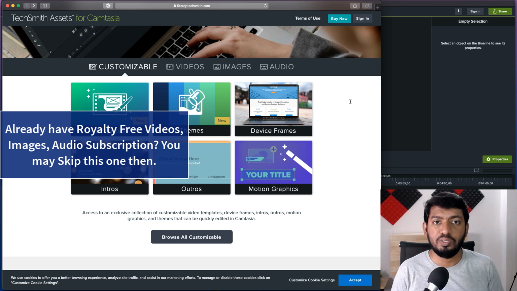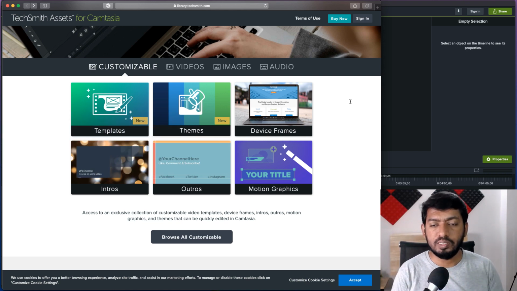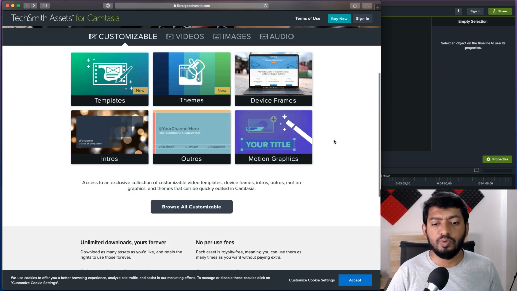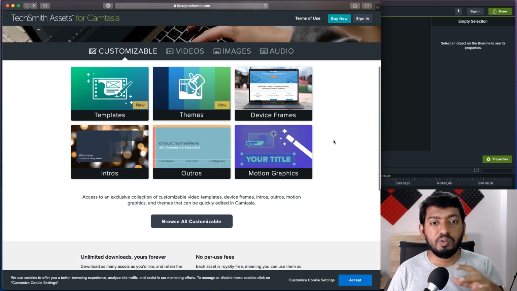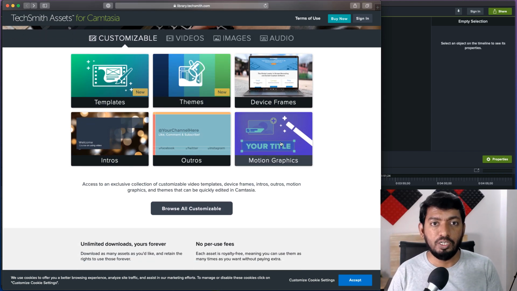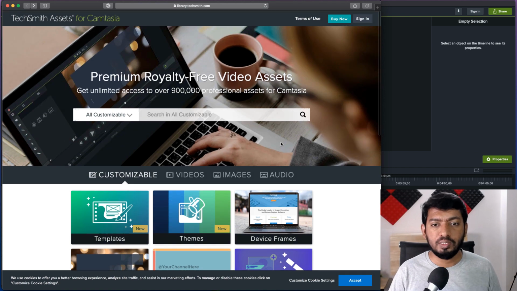This is just my personal suggestion, and it is up to you to decide which one will be more suitable. After browsing all the assets, you need to decide that. If you find it worth it, go for it. You will definitely be making your videos more attractive. Otherwise, consider some alternatives. That's my personal suggestion.